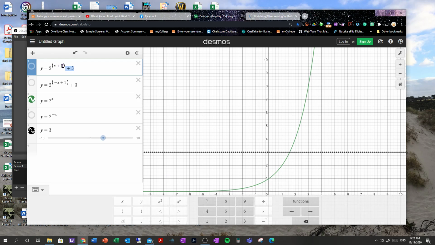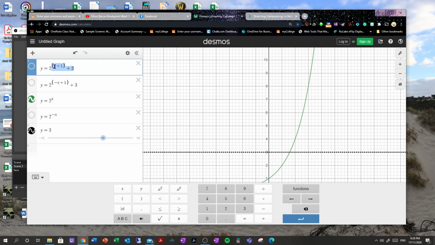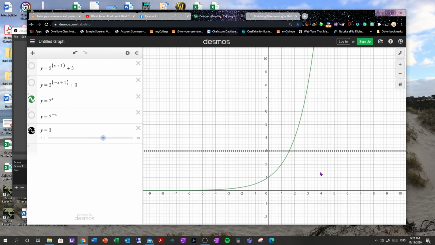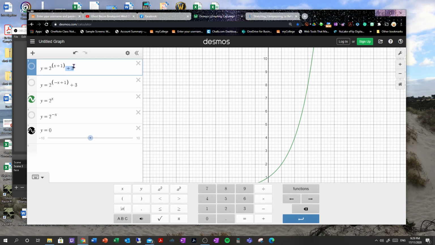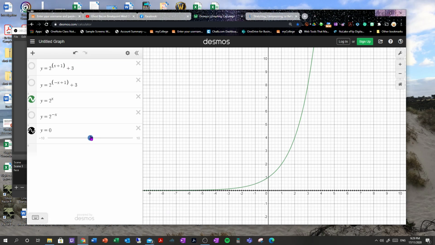But you can't get this with the x plus 1 plus 3. You can't do that with your graphing calculator. You have to know how to do transformational form. So if you talk about the fact that the parent function y = 2^x goes through 0, 1 and has an asymptote at the x-axis, and then the red graph, how is that changing from this green one? Well, the plus 3 says it's going to go up 3, so we're going to move the asymptote up to 3,